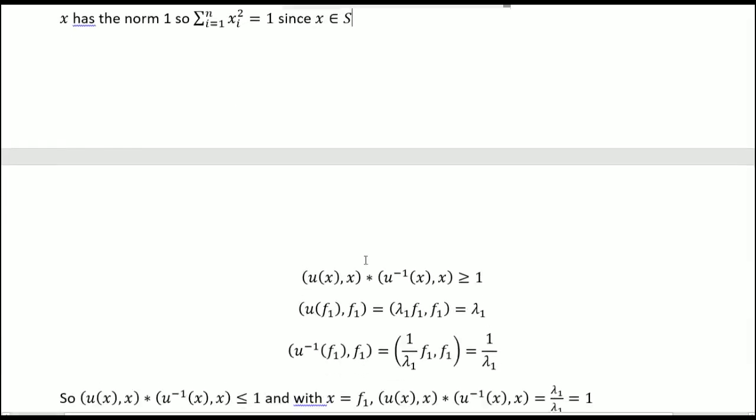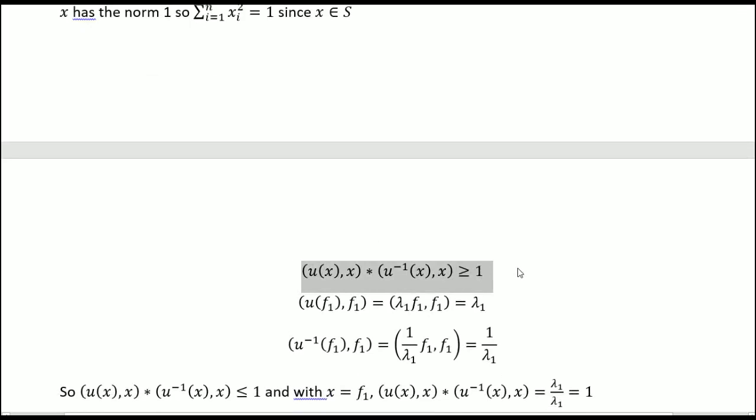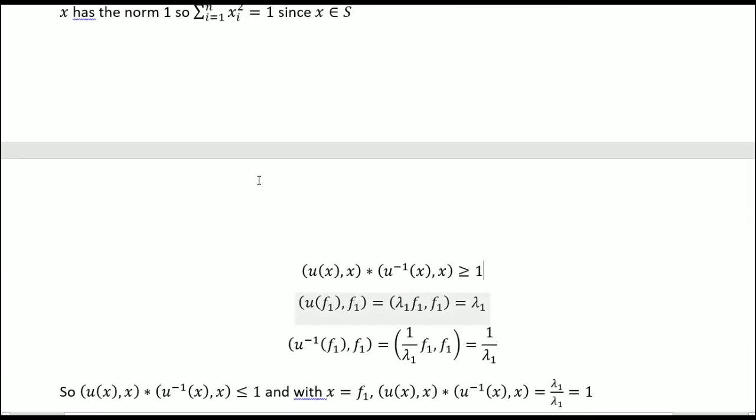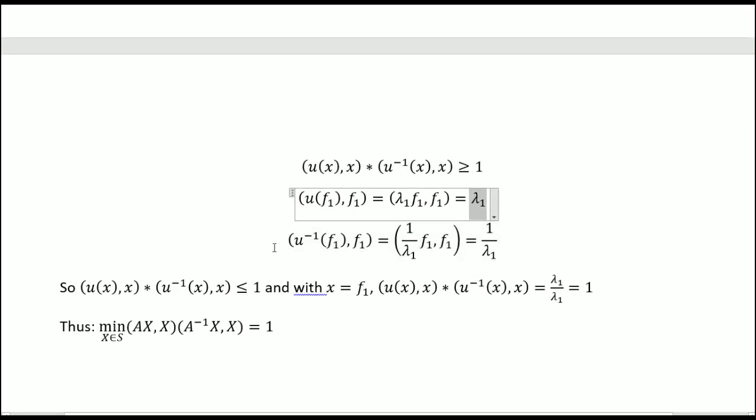Okay, so we have this inequality here. So we know that it's superior or equal to 1, but we don't know yet if it reaches 1. So the goal will be to find a value so that it equals 1, and that will be the minimum because we know that it's superior or equal to 1. So I take any vector of the family of the basis. So I do the application U of one of the vectors of the basis, scalar the same vector. So I take f1, and we get this from the application U, and f1 scalar f1 is equal to 1, so we get lambda 1. So I do the same thing with the inverse application,